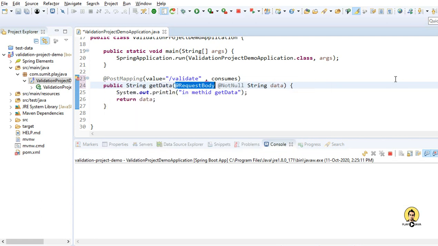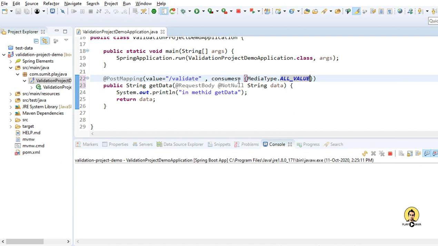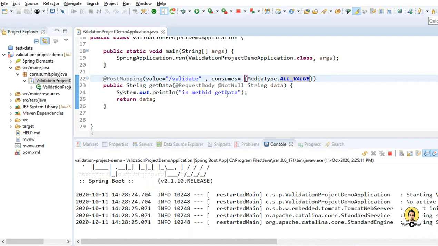And it will consume. Let's provide any type. I'll provide the JSON, but I'm providing here any type. So media type as any type. I'll be sending the JSON from the body part of the post mapping. So let me reload this,